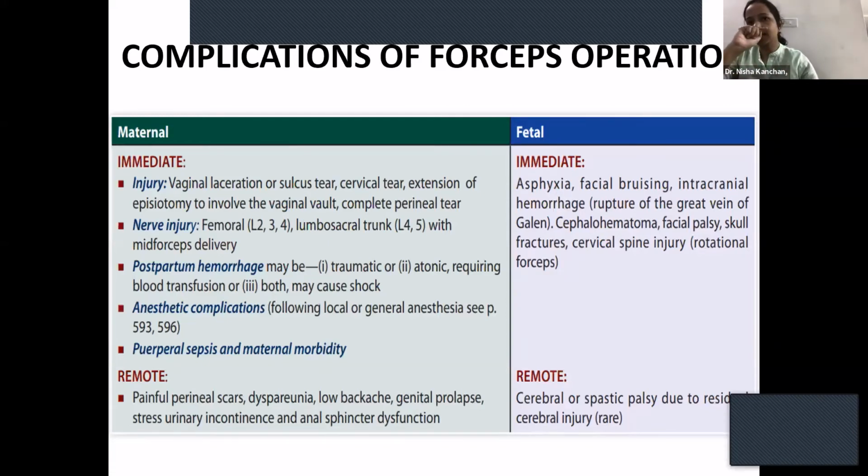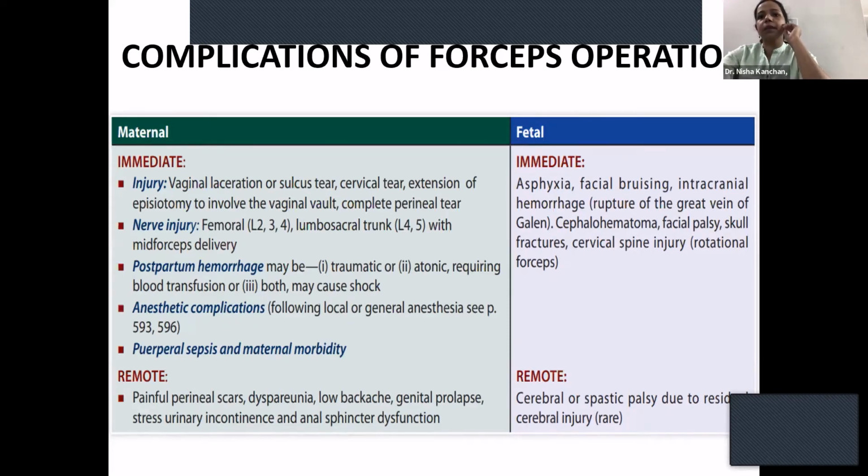So the sphincteric injuries, they will be undiagnosed, because you do a PV examination, per rectal examination, the anus is intact, and you sometimes miss the sphincteric injury. So later on, the patient comes to you with incontinence of feces and flatus incontinence, no control over flatus. Okay. So all that happens in a third degree perineal tear. Okay. So nerve injury, if you go in deep and you try to push in your blade forcibly, so near your pelvis, near the ischial spine comes all your nerves, femoral and the lumbosacral trunk, and they can have nerve injuries.